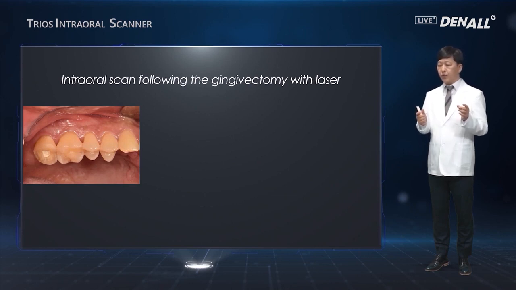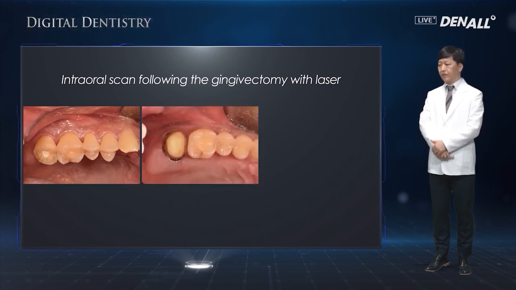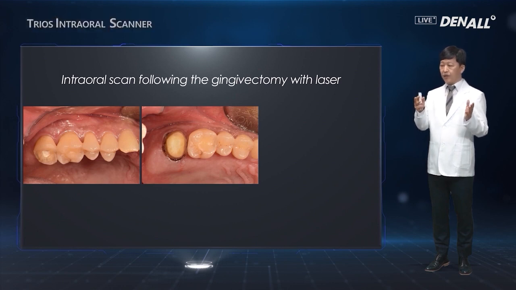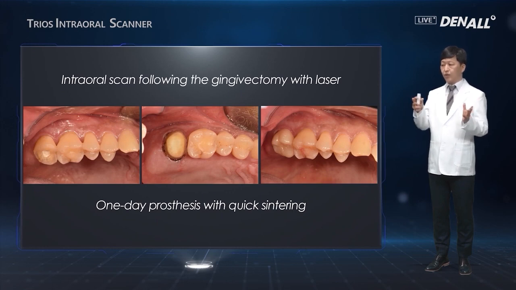Endo treatment is done, and the crown needs to be done as well. The crown is very short. Crown lengthening would be necessary. In this case, laser or electrosurgery can be used to lengthen a tooth. When you cut the gingiva, bleeding can occur. After bleeding is stopped, as you can see here, if you do the prosthesis on the day, the prosthesis can